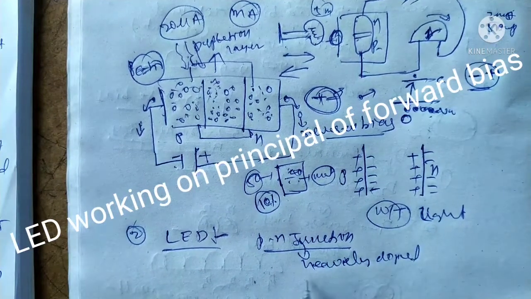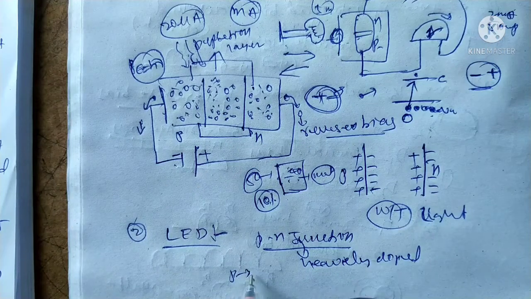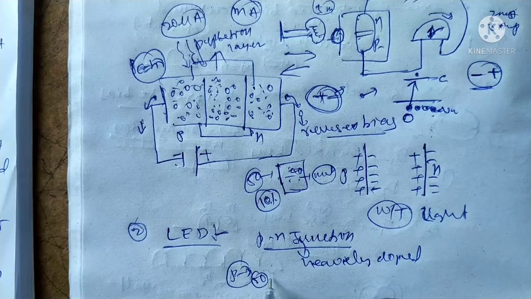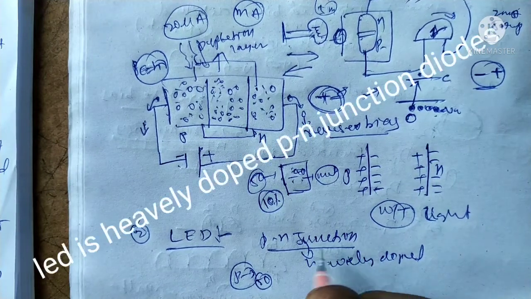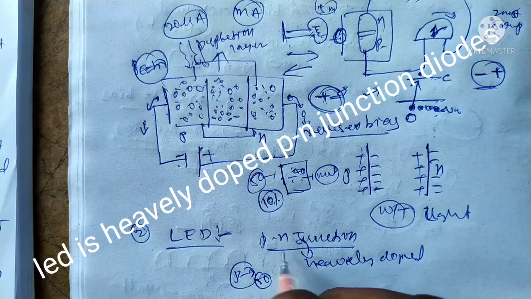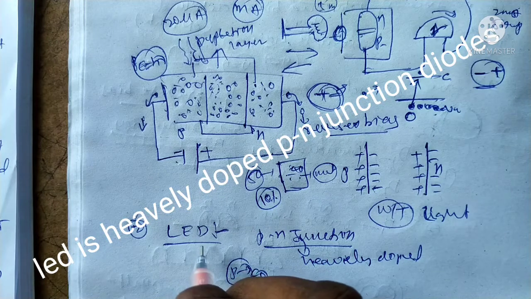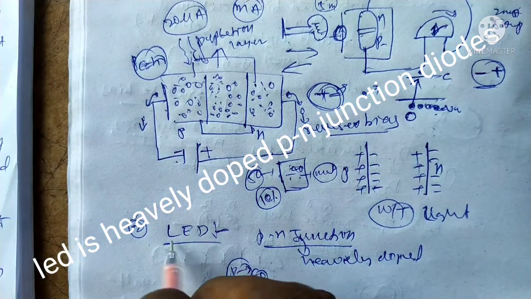This p-n junction diode is heavily doped, for example silicon, with p-type being trivalent doped and n-type pentavalent doped. You can add extra heavy concentration, suppose 50 or 20,000, increasing the concentration. When a heavily doped material is used in the p-n junction diode, we can form a light emitting diode. This type of semiconductor diode is called a light emitting diode.